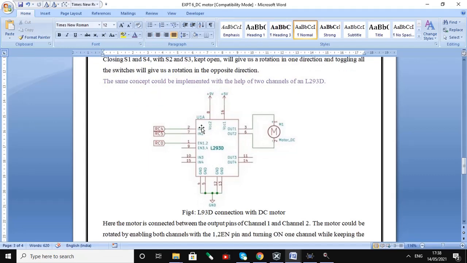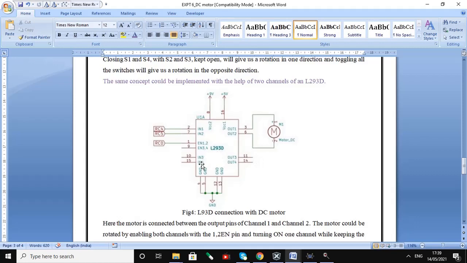In this IC, IN1 and IN2 are connected to two port pins RC2 and RC5 of the PIC microcontroller. Enable is always connected to a port pin with a voltage of 1, or it will be connected to the 5 volt supply. Grounds are connected, and at the OUT1 and OUT2 terminals we are connecting motor 1.